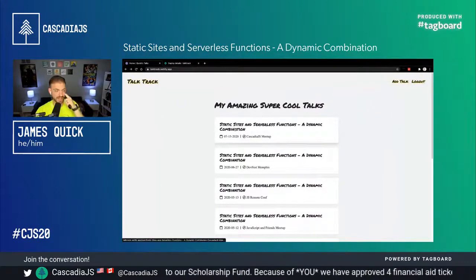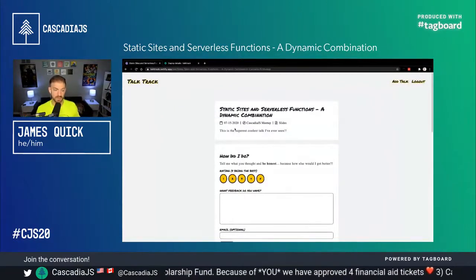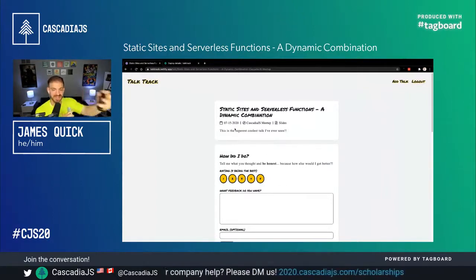And now this is where I would encourage and ask that you go to talktrack.netlify.app. Check out the information that's there. Leave a review. If we're lucky, what should happen is we should hear a little ding if people send this in the right time span. And we should hear that on the phone for the actual text message alert coming to me, letting me know that there was feedback given.